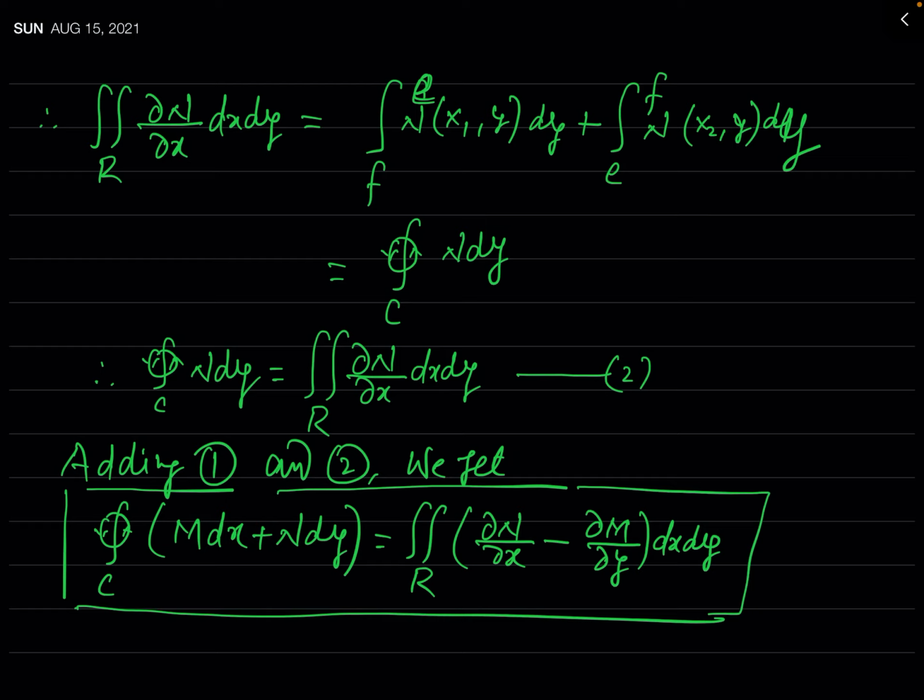In fact, in university examination, whenever this question will be asked, you have to state the Green's theorem and also to prove it. But in competitive examination, generally the proof of the theorem is not asked, but numerical problems based on this theorem will be asked, particularly in competitive examination. It does not mean that in university examination numerical problems are not asked, but in university examination the proof of theorem is also asked.